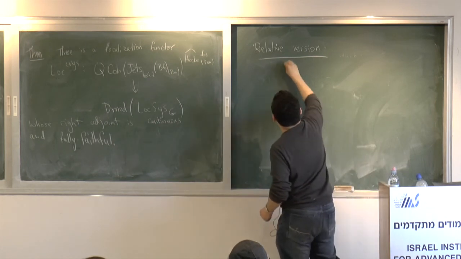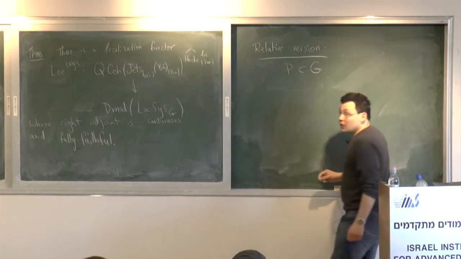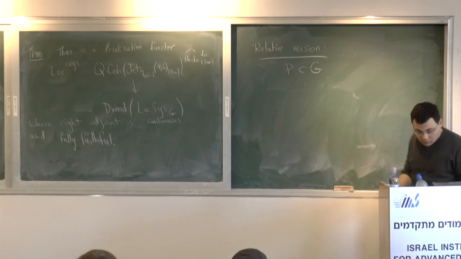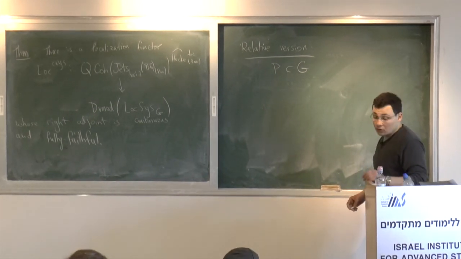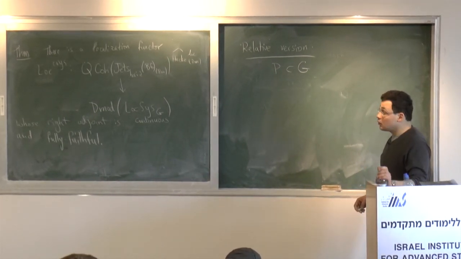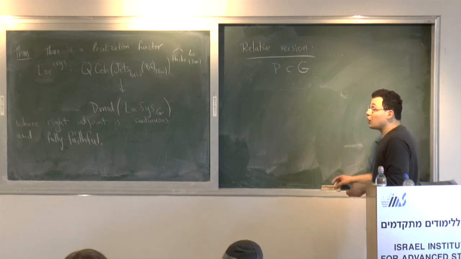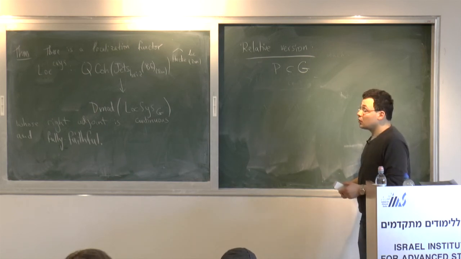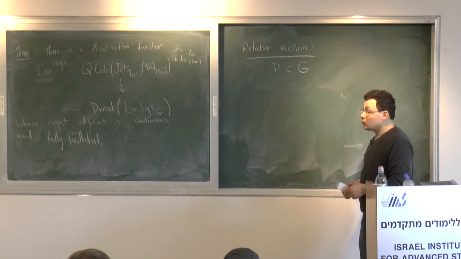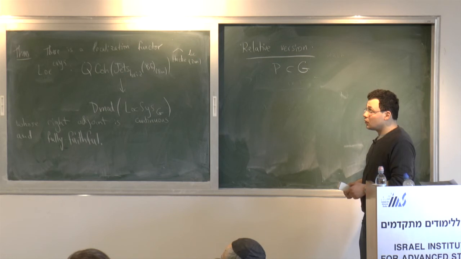So suppose we have a subgroup P of G. Can I interrupt you? Can you say again why you want the D-module version of the quasi-coherent version and the localization? Sorry for interrupting. Dima suggests to postpone the relative version to the discussion time. Okay, great. I think that's a good idea. Let's declare the end of the lecture and give people a chance to ask a few questions now, then have a break and ask more questions and discuss this.